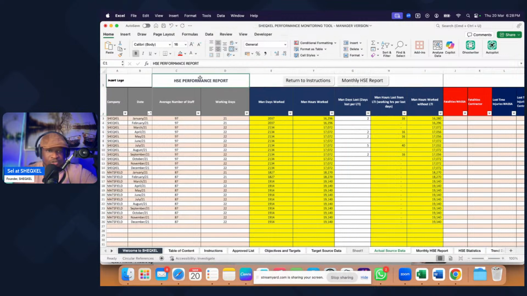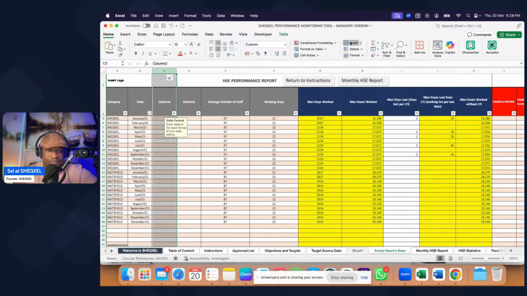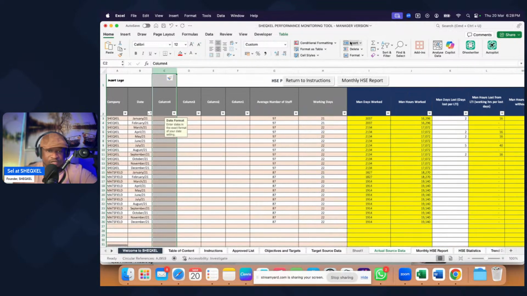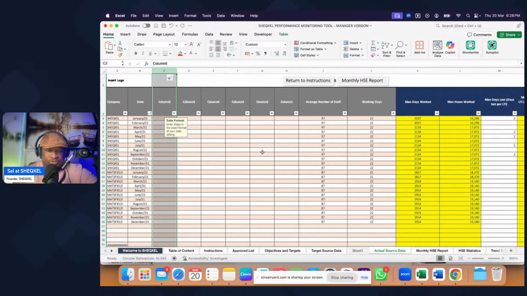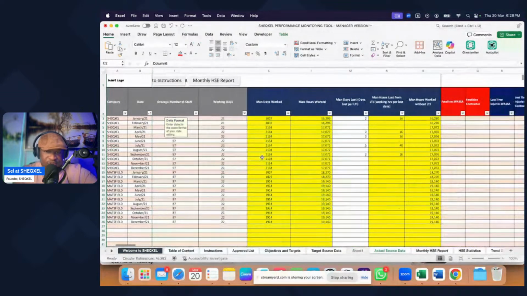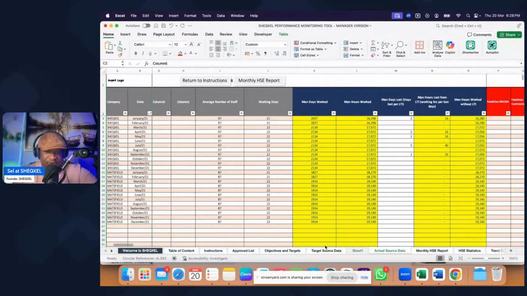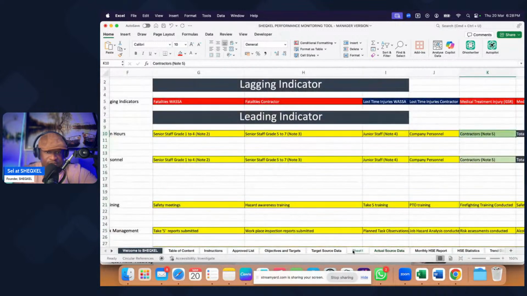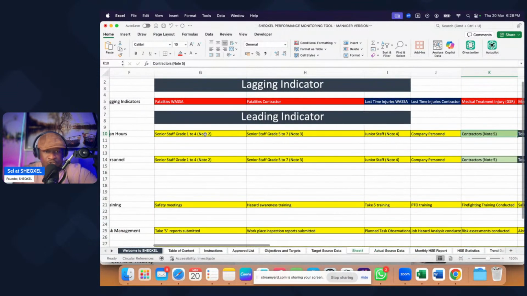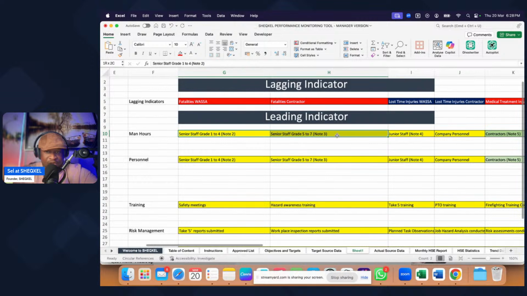right? So I'll just insert additional columns because we need to account for all of these variables. Okay. So once we are done, we're going to keep the template very simple. All of these calculations are just for us to understand that we are connecting every single sheet that is relevant. Okay. So in terms of man hours, let's go back to